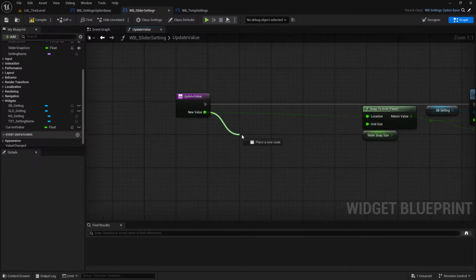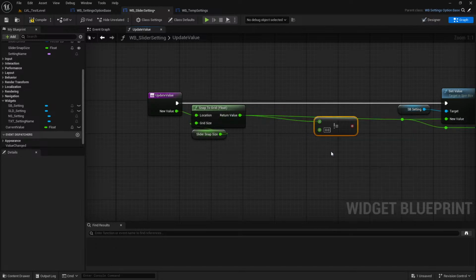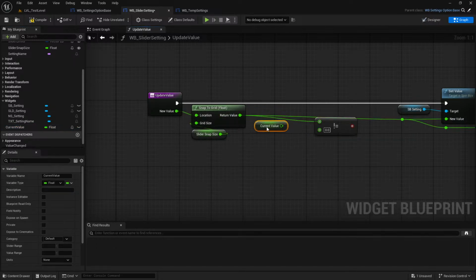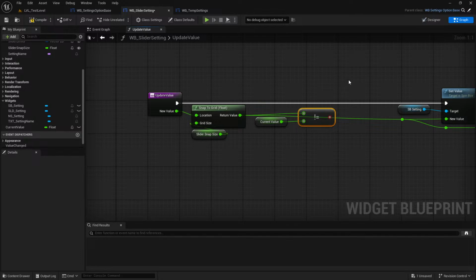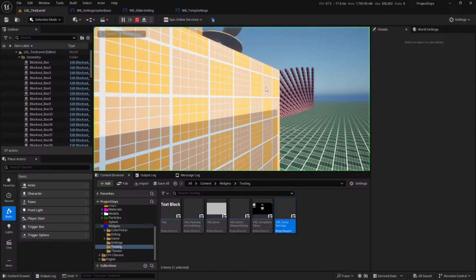Then whenever we're receiving a value, as long as the snapped to grid is not equal to current value, then we update. Otherwise, we're updating a bunch of times that we don't need to, which means any settings that might be taxing on the system to change. I don't know why they would be with a slider, but